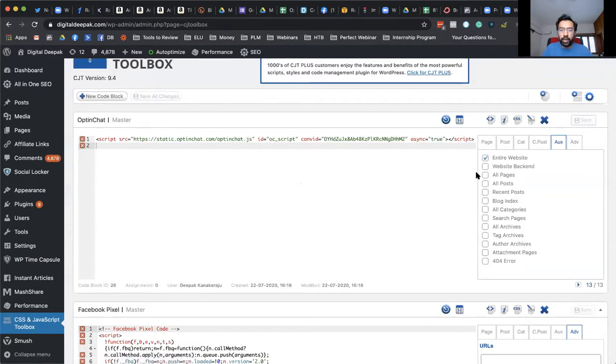Now it's going to take some time because my website is cached and there is a caching plugin on my website, so it will take some time to show up. But now I will log in inside opt-in chat and show you how we can build that entire chat module there.